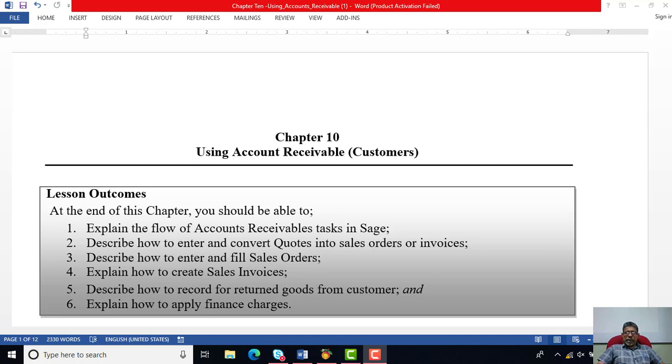Today we will be discussing another important cycle. This cycle is called the sales cycle, or how to use the account receivable module to do day-to-day activities of your business organization. So before we proceed with today's lecture, we need to make sure that everyone has the last